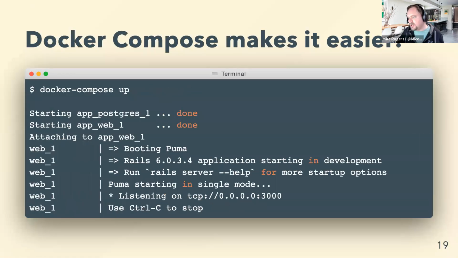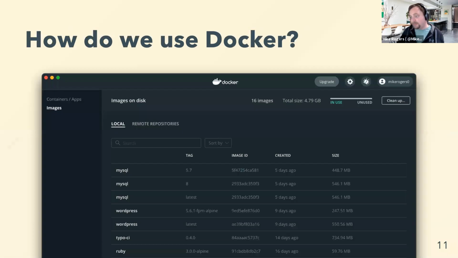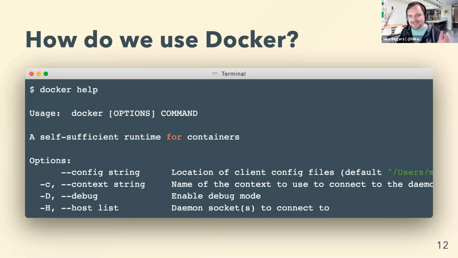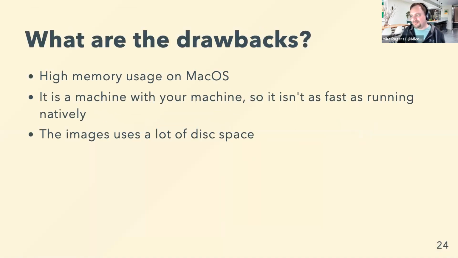And also, like I showed in that preview earlier of what the Docker UI looks like, I'm going to jump back to it. This one, and you'll notice it says total size 2.79 gig. It does actually eat up quite a lot of disk space because it caches quite a few things locally, like all those images. It saves them there. Again, the space isn't that expensive, but over time, one day you'll clear it out and you'll be like, wow, I just gained 50 gigabytes because it had downloaded so much stuff. But you can clear it up as you go.